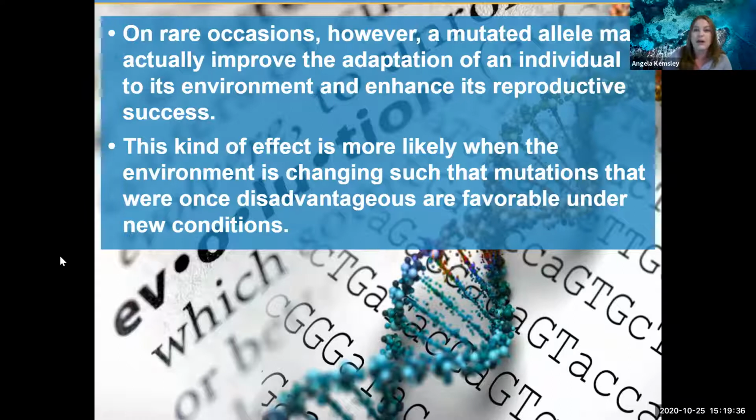So we're usually not creating something new, but rather there was some kind of trait that we were only seeing in really low levels in a population, something like being really, really furry if they were living in a warm environment. And then all of a sudden it turned cold. Now that adaptation that already existed is favorable. So now we're going to start seeing it more. That's usually what we see happening.